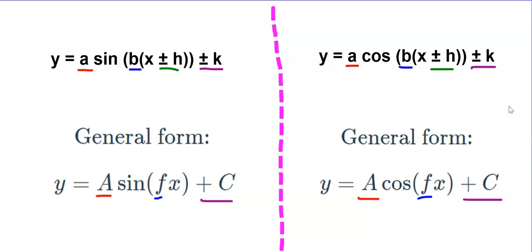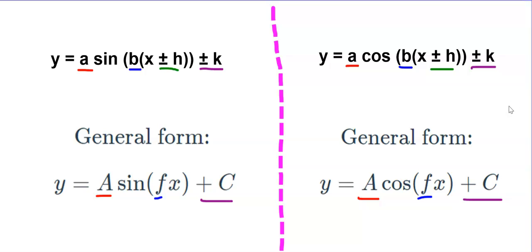Now before I get started on a specific example, I wanted to compare the standard form of both sine and cosine compared to the general form that Delta Math emphasizes. You'll notice that they are pretty much identical except for one key difference: the standard form that I gave you has a plus or minus h, that is the phase shift or the horizontal shift, but that is one of the more difficult ones, and we're not going to focus too much on that